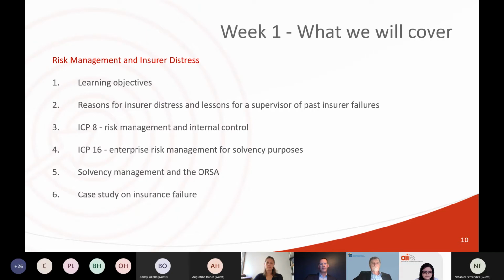Week 1 in more detail, we'll start off with the learning objectives, of sort of what we're saying right now, but in addition, we want to take this opportunity to find out what problems and issues you have at work, what obstacles you're facing, reasons for insurer distress,